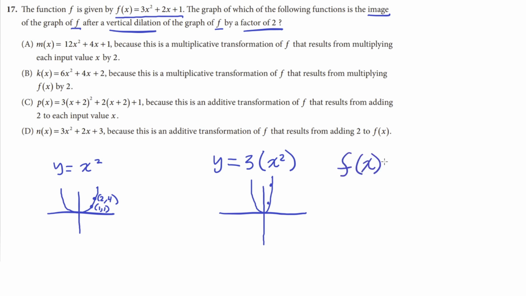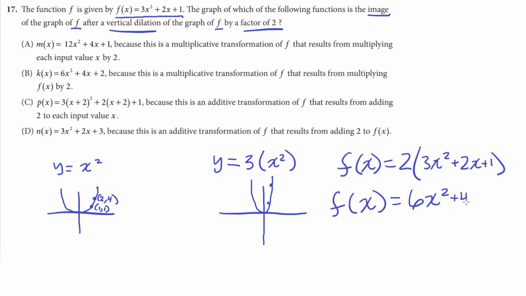So f of x equals 2 times the whole function. So we'll put the whole function inside the parentheses and multiply it with 2. So we'll be left with f of x equals 6x squared plus 4x plus 2. So this is the graph, but vertically dilated by 2. And that's equal to answer choice B,